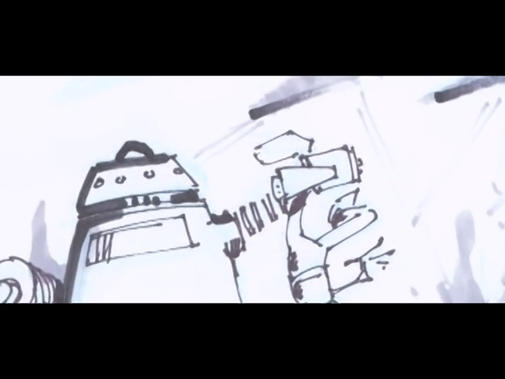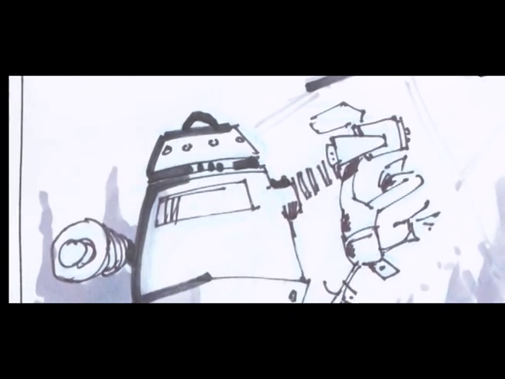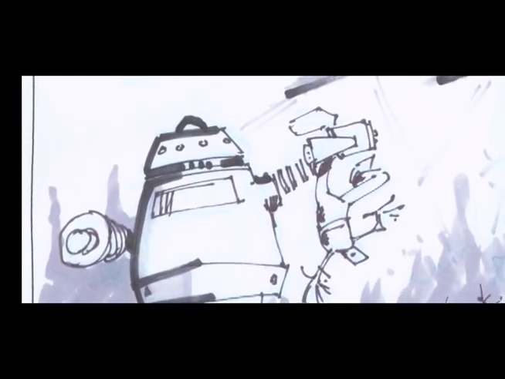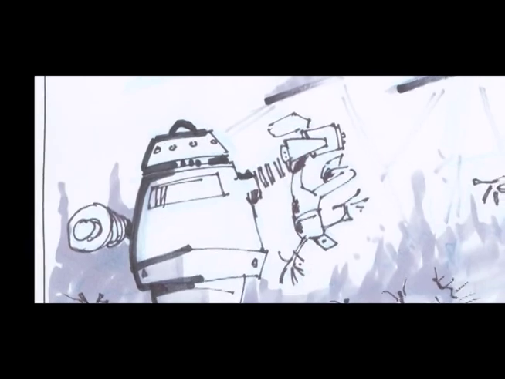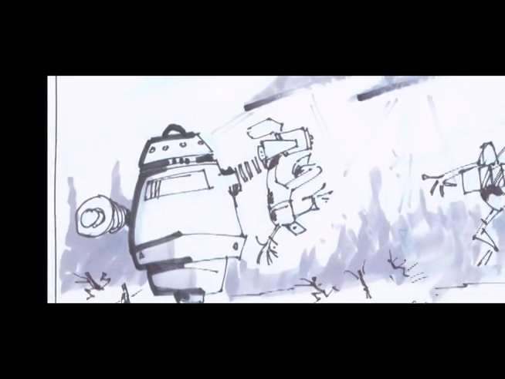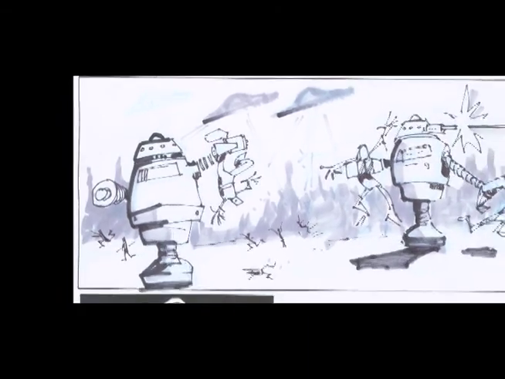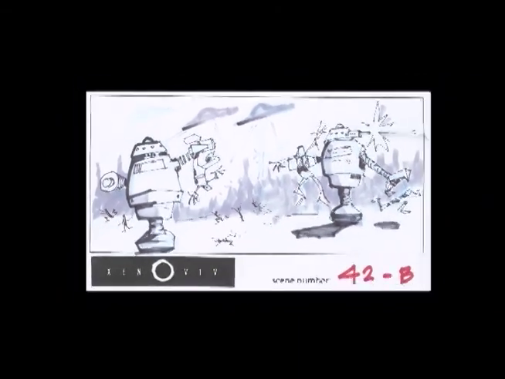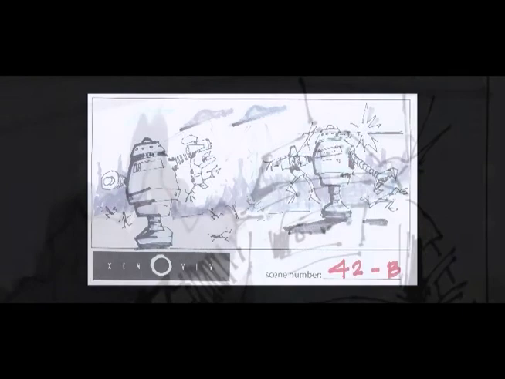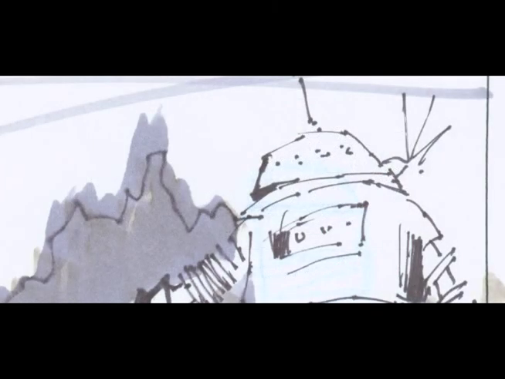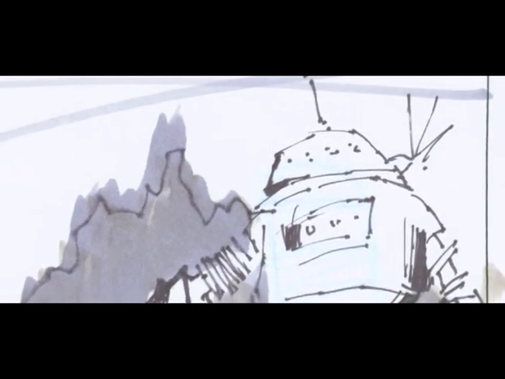42B, as we move on, in the next scene, some ships from the homeworld arrive, and they drop off basically some killer robots. These are giant killer robots that begin to kill the people. They're saying things like, "We are giant robots, and we want you not to be alive anymore." Something, it would probably have been a little more clever than that. Moving on to scene 42C. You'll see the diagram there.